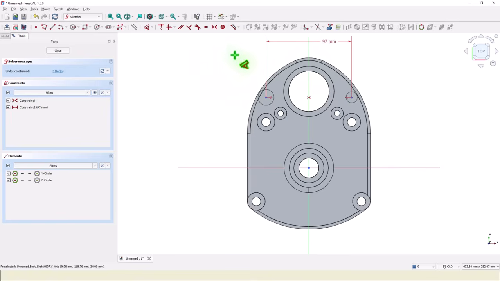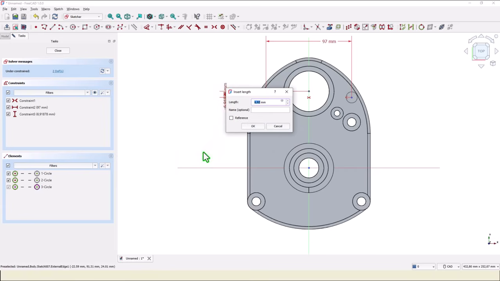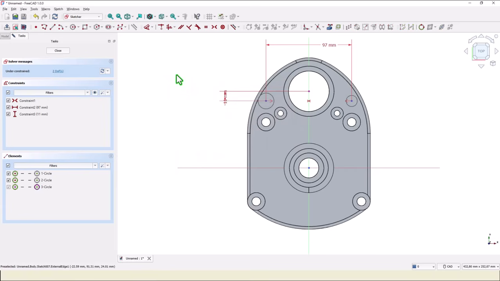We project again this circle and we apply dimension of 11 between these two on vertical. Close,